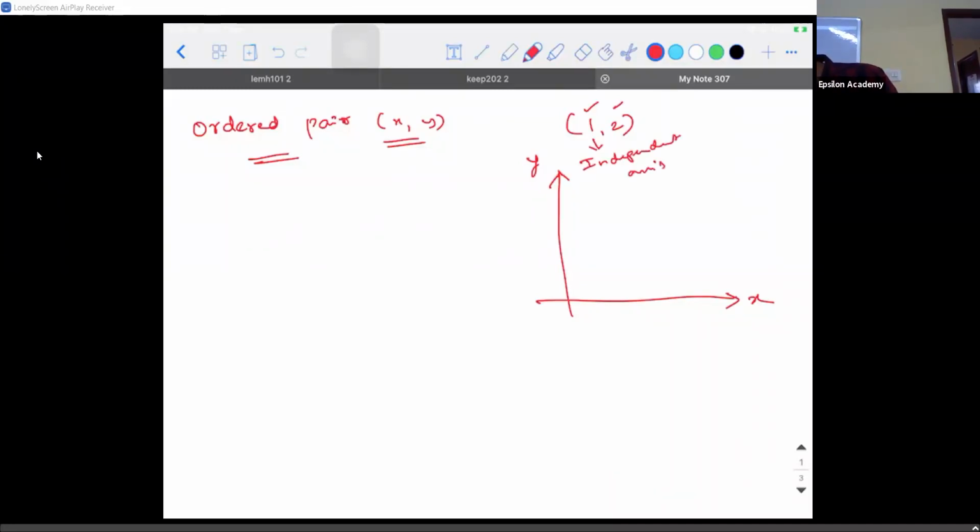I'll tell you why you're learning all these things, okay? You have indirectly been learning this from your 9th itself when you started polynomials, okay? And 2, see, if I call 1 the independent variable, then 2 will be called the dependent variable. That is, x-axis is independent and y-axis is dependent. The other way you can see it is x-axis is input, y-axis is the output.